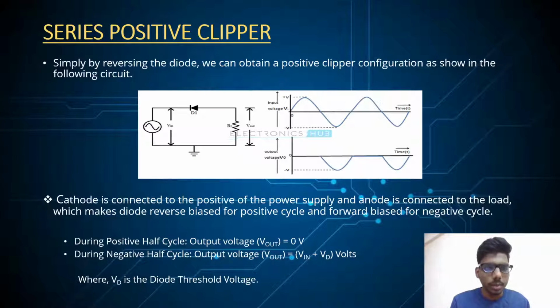When it comes to the series positive clipper, it is simply obtained by reversing the diode. So the cathode is connected to the positive of the power supply and the anode is connected to the load, which makes the diode reverse biased for the positive cycle and forward biased for the negative cycle. During the positive half cycle, output is 0, and during the negative half cycle, output voltage is